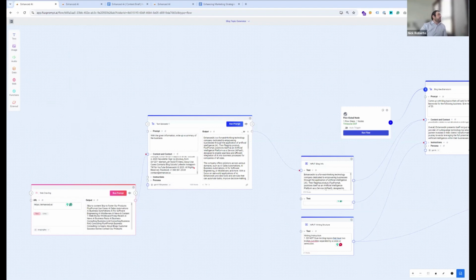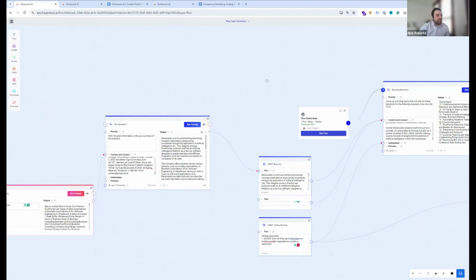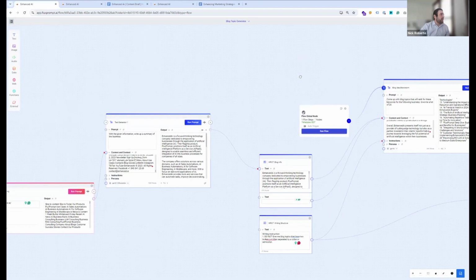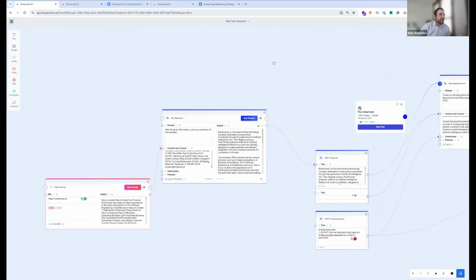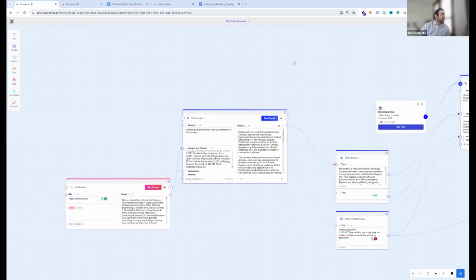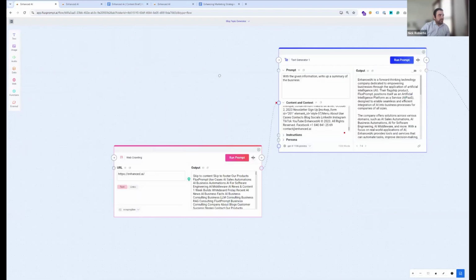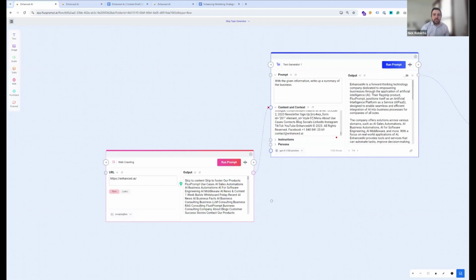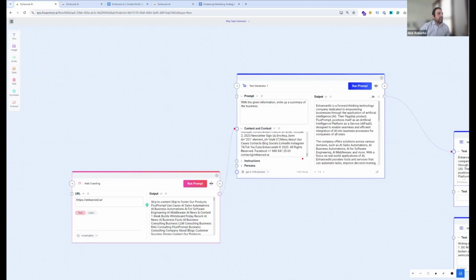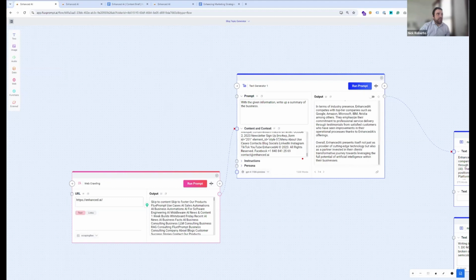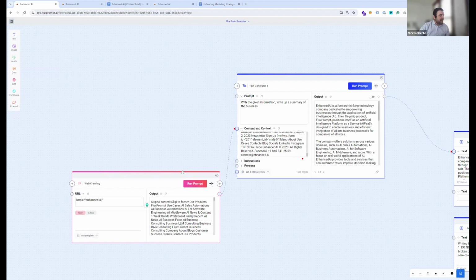So the first one that I'm showing here is associated with topics. This is a blog topic creation tool. If I come down here, and I'm using you guys as an example in this case, what we look at is a web crawl. This first off the bat is just a web crawl, having AI look at it, get an idea of what the company does, and it pushes us out into this output that gives us an overview understanding of the company itself.